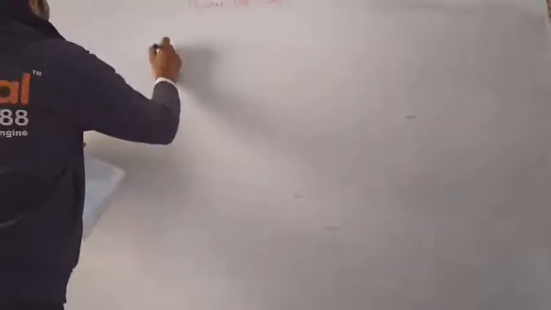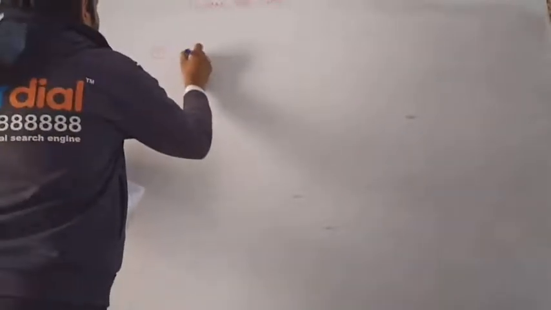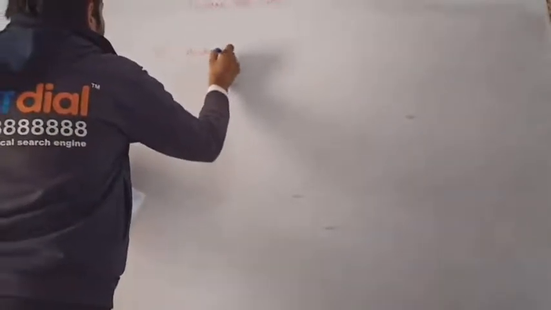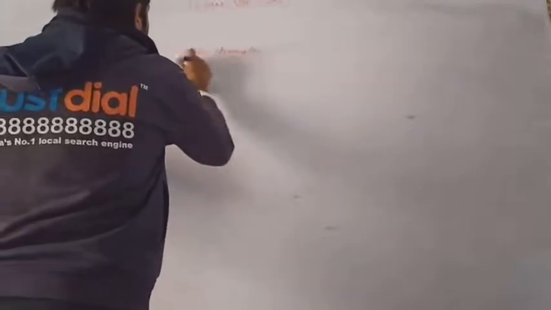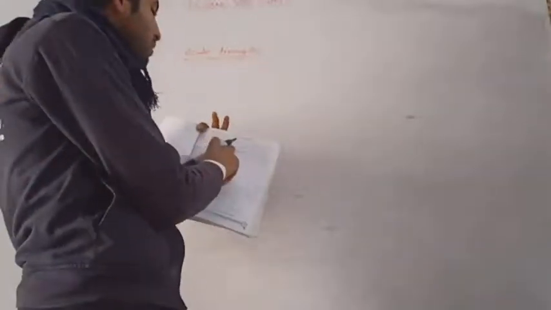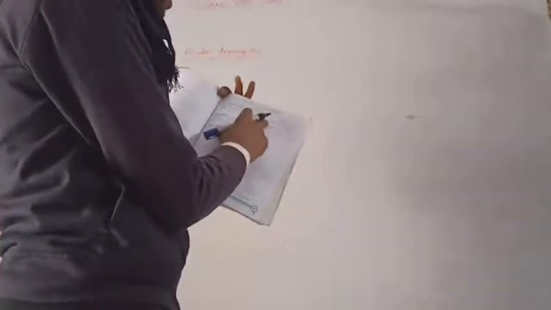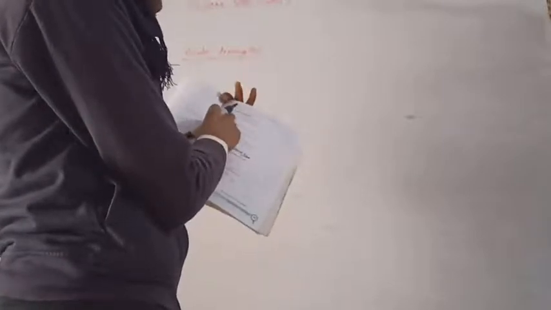Again, classification on the basis of angles. Okay. So first of all, you have to know about acute triangles. What is an acute triangle? A triangle each of whose angles measures less than 90 degrees is called an acute triangle or acute angle triangle. Okay. Or you can also define it as